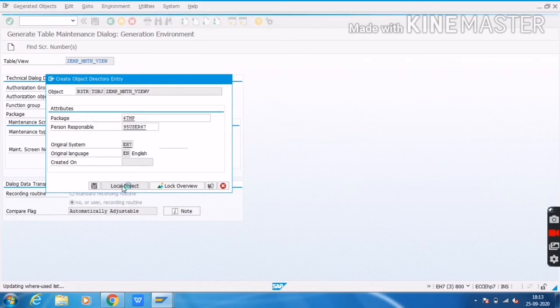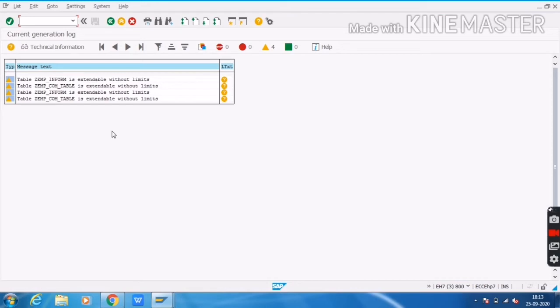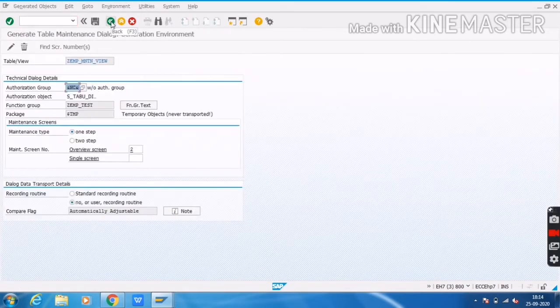It will take some time to create. So now it's successfully created. Then I will click on the back button.